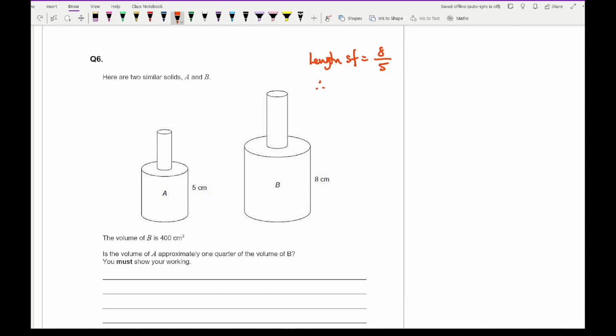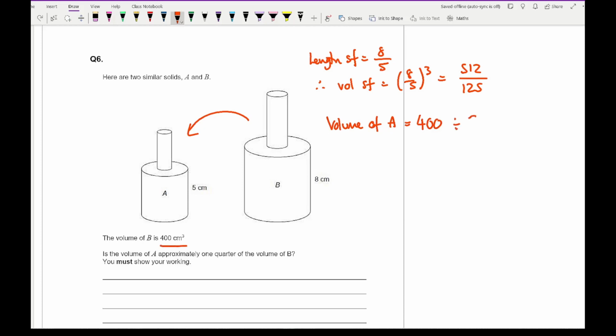So that means the volume scale factor is going to be 8/5 cubed, which is 512/125. So that means the volume of A, because we're going from big to small, is going to be 400, which is the volume of B, divided by